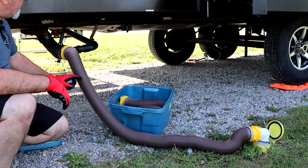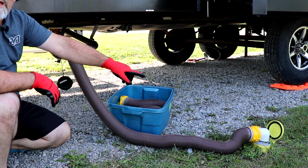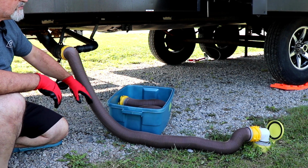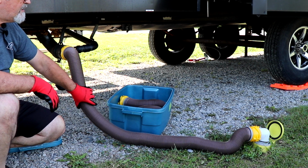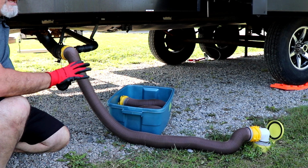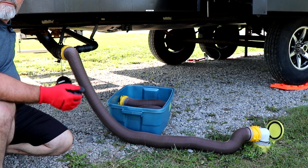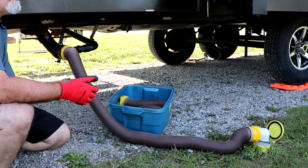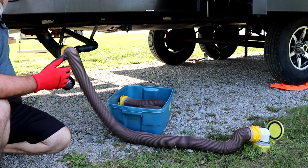All right, I've repositioned it so you can see the hose right from the hookup right down to the sewer hookup itself. And you're going to see it's fairly loose right now because it's pretty much empty. I'm going to show you how we dump and what the hose will react like, so that you know for the first time that you're doing this if you're new to RVing. So what we're going to do is dump the gray tank right now, part of the gray, but